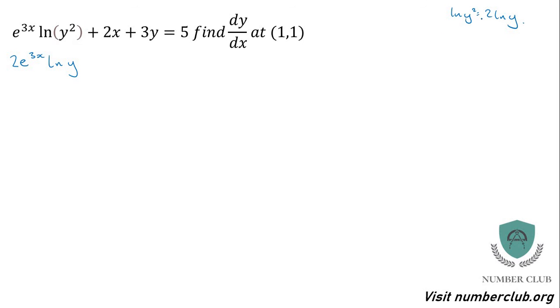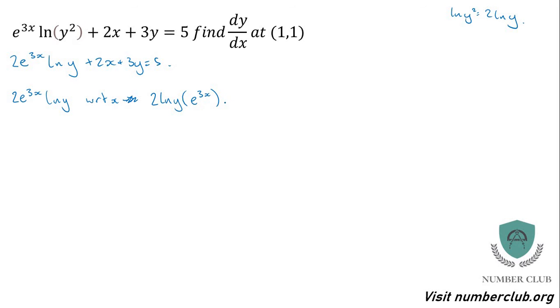We should know that. Having natural log of y squared is something that we don't like to differentiate, but we do like to differentiate natural log of y, which is going to be 1 over y. So we have 2e to the 3x natural log of y plus 2x plus 3y is equal to 5, and so we're going to differentiate. First off, we've got this combination term, 2e to the 3x natural log of y, and with respect to x, we're going to treat x as the variable, so we'll have 2 natural log of y, lots of e to the 3x, and